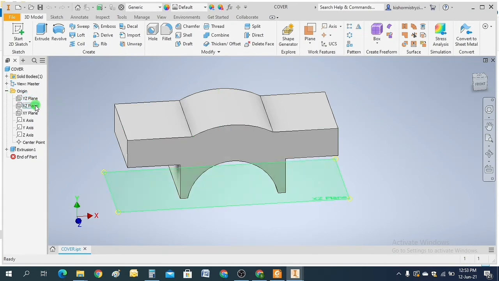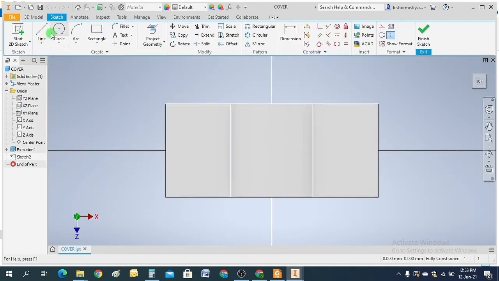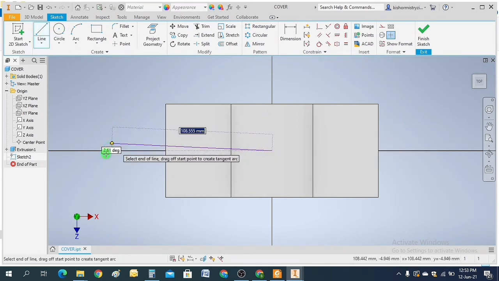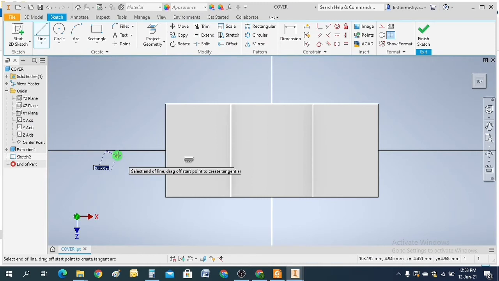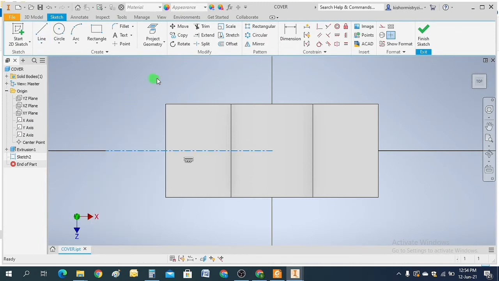Now click this XY plane, or you can select the face also, but I will go for the XY plane, create sketch, draw a center line and draw a circle.